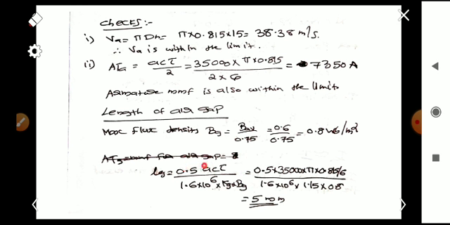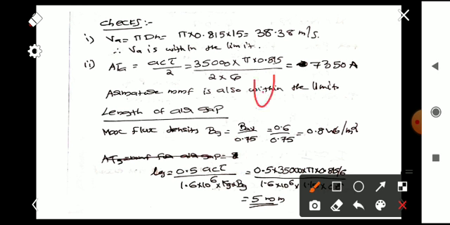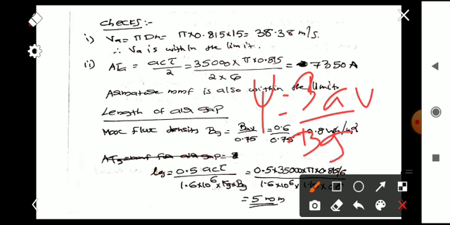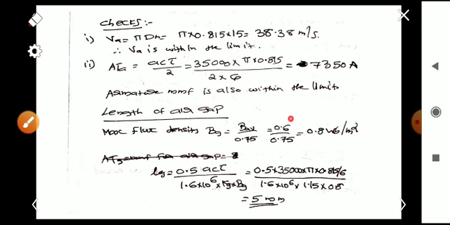But here it is 0.5, and the equation for LG is 0.5 AC tau by 1.6 into 10 raised to 6 into kg bg. So here AC we know, tau we can find, and kg is given as 1.15. We don't know the value of bg, but we can find it using the equation: psi is equal to BAV by bg, that equation we know. So from that we can find bg as BAV by psi. So we will get the value of bg as 0.8 Weber per meter square, and the value of lg,